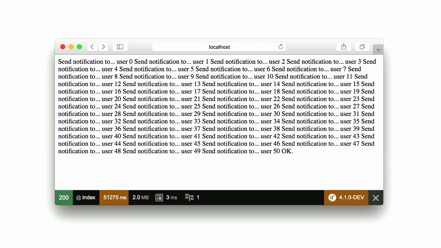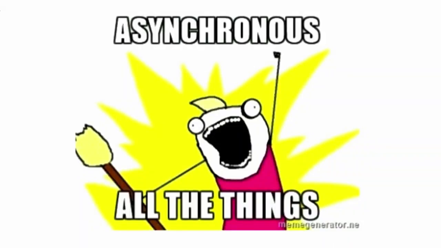You've got multiple options to tackle that. The first one might be just, yeah, it's fine. In which case, you're lucky. And the other one is to say, well, actually, we don't need to send these notifications right now. We can actually send them in a few seconds or a few minutes. We don't really care.